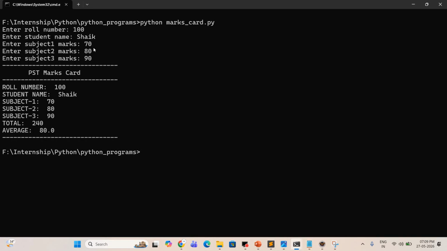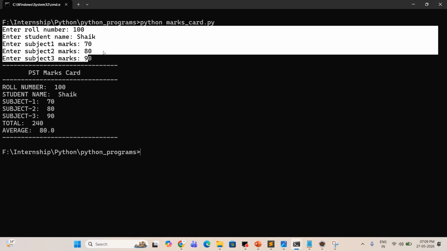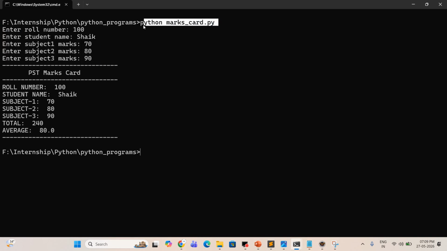If you develop this program and give it to your client, in the sense the person who requests the project, the developers will develop the project. If you submit this type of project to your client, you need to provide these steps also. You need to install Python, run this Python by using these commands, and so on. You need to tell everything to the client and give training to the client. But this does not look attractive to the client, and the client is not a technical person, he is a normal person. For example,